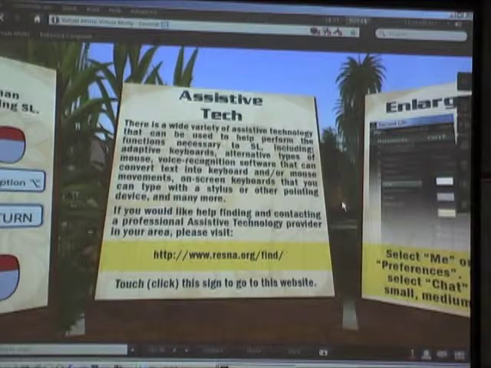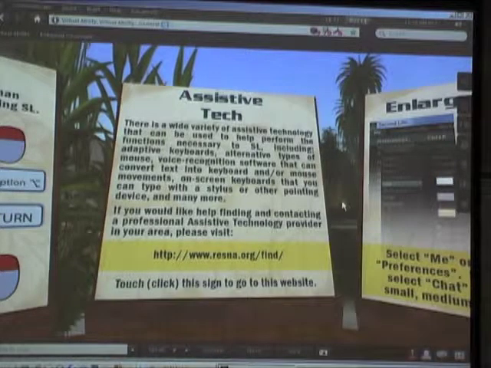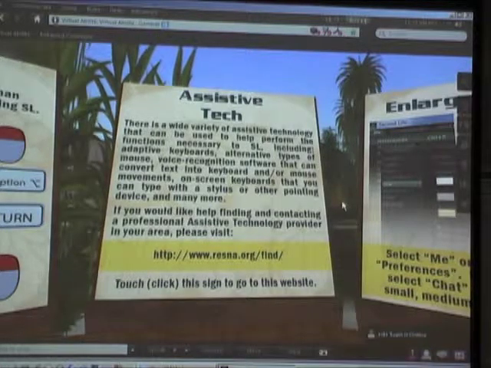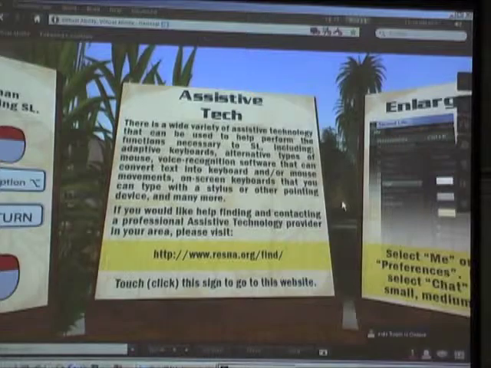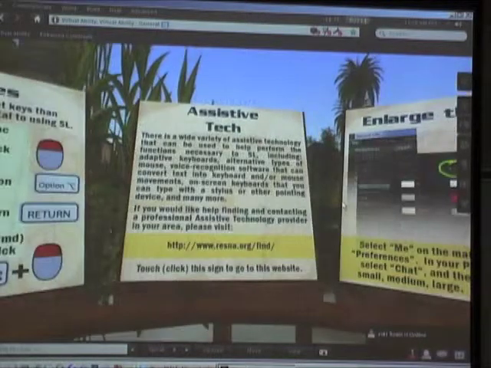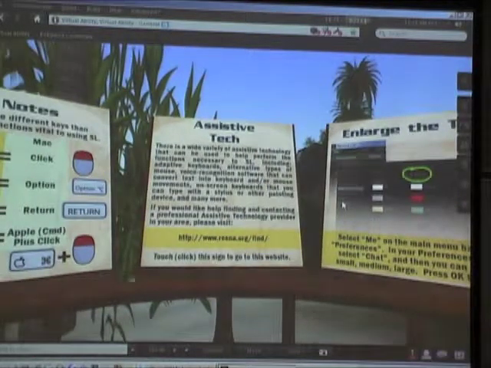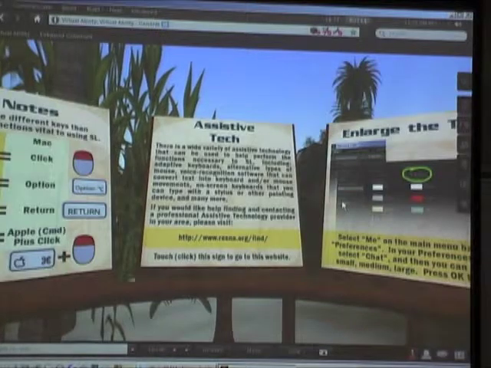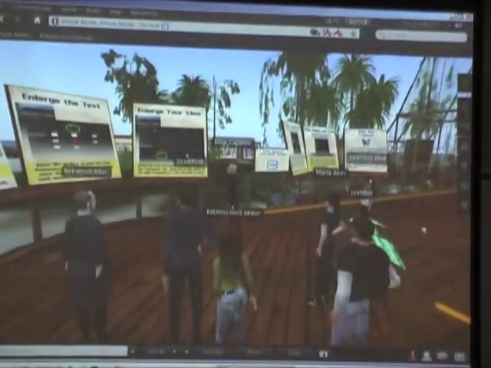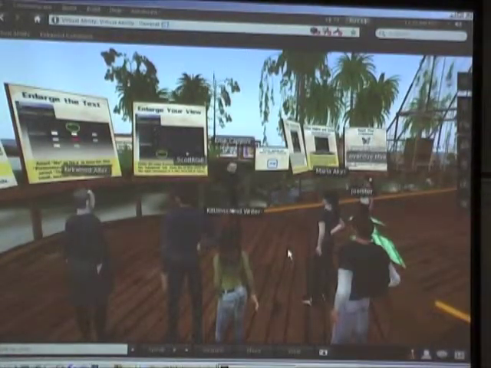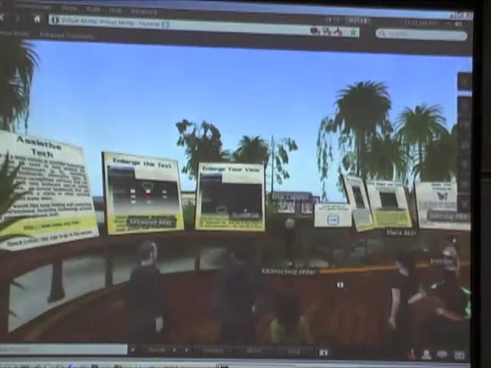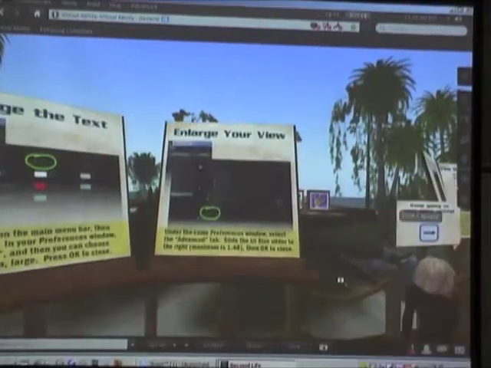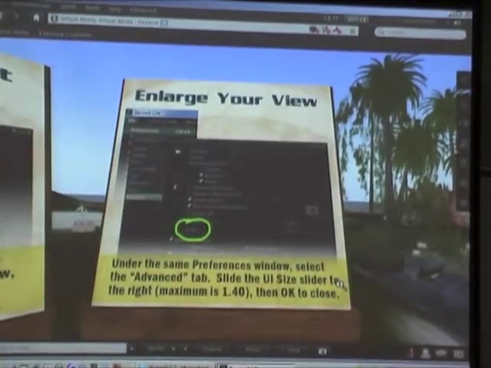We have no stairs. Everything is ramped. But unless you know to look for that, you're not really going to see, oh, there's no stairs on this island, no steps. And part of that is a respect for people with wheelchairs. So even though if you use a wheelchair in Second Life, you can get around on the stair, it is a sign of respect for those folks.